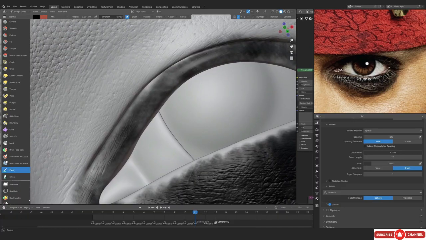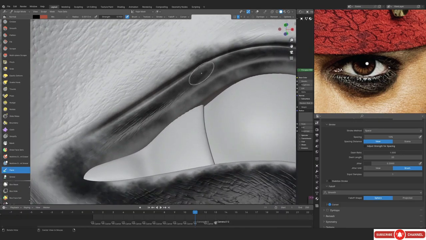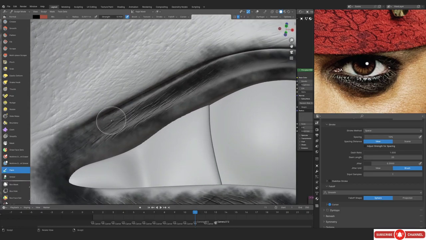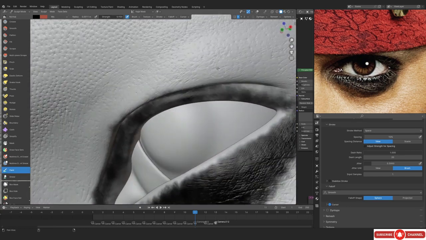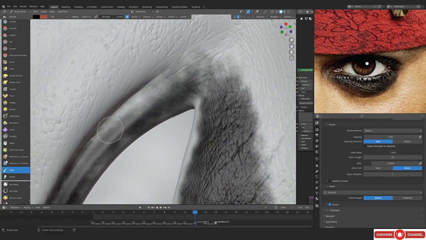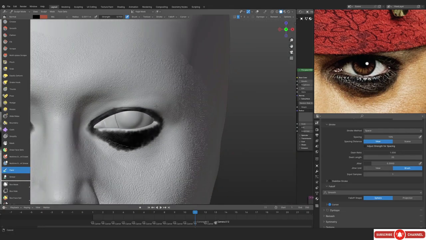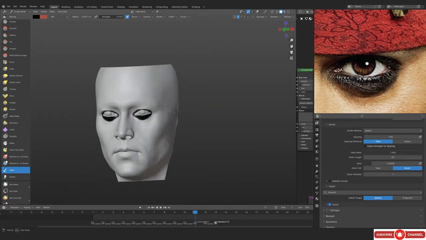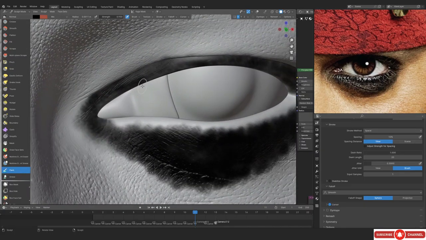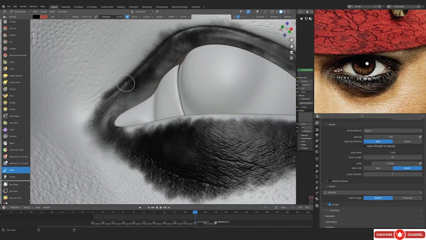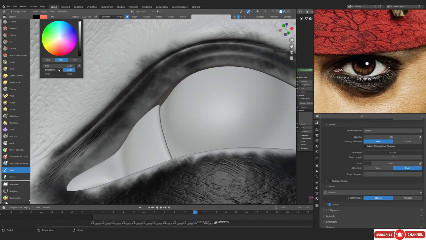Now again, we're gonna have to remove this black color from, I don't even know what you call it. I should have actually looked for the word, the part where the eyelid meets the eyeball. We need to make sure that we don't have any of this black mask in that area. So this is what we have. Obviously, it's not the final mask because we have not done so many things that I've talked about.